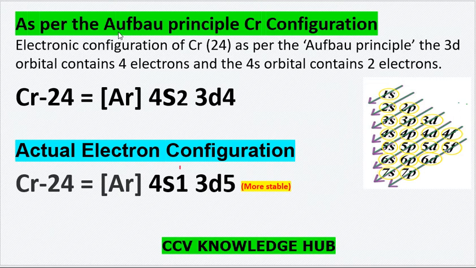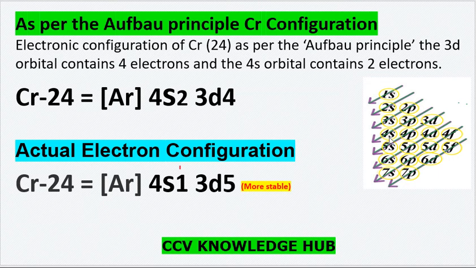according to Aufbau principle, if we see the electronic configuration of chromium, argon up to 18, after that 4s2, 3d4. So here in 4s we have 2 electrons and 3d 4 electrons filled. According to Aufbau principle, first electrons enter into the lowest energy levels, in increasing order of their energy, starting with the orbital of lowest energy, right?